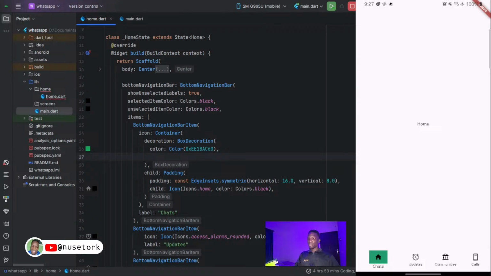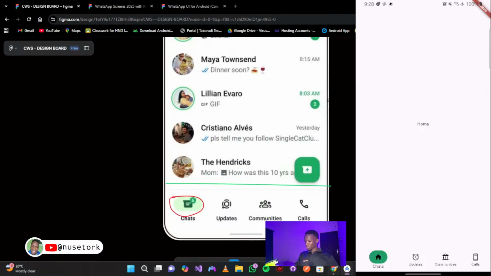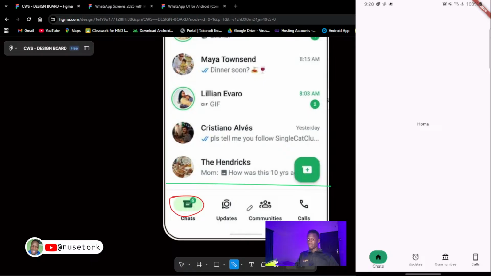And then we will now go to the decoration, because there's a border decoration. We will do border radius, and then we'll do the circular border radius, which should be around 50. Let's see if that will reflect. Yeah, so we have that. Wow, let's expand